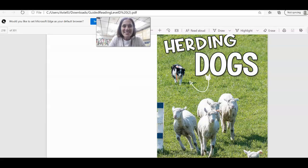All right, readers. Yesterday we read a book called Herding Dogs, and we are working on something. Good readers, when they read, want to notice what the big idea of a story is. Earlier this week we read about the lighthouse. Let's visit the lighthouse. We noticed that in the book there were lighthouses everywhere. The title had the lighthouse and the repeating word was lighthouse. So we realized that the big idea was facts about the lighthouse, and we could prove it because we also